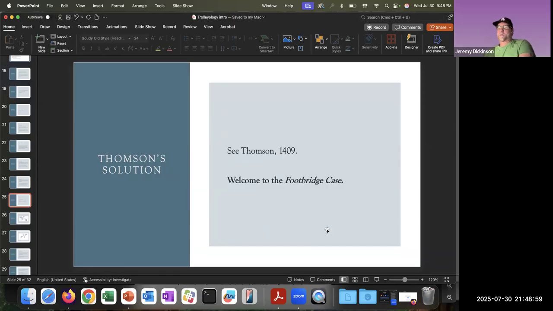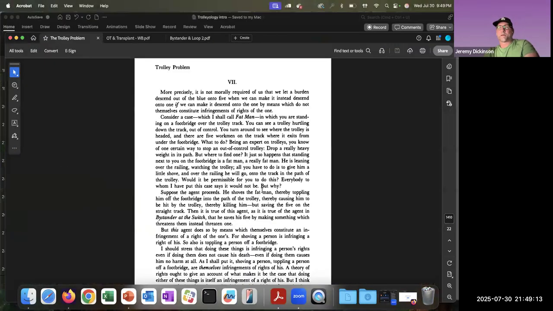And now Thomson, she wants to, in a way, provide some support for her position by considering a different case, a different trolley case. I call it the footbridge case. You want to call it the fat man case, that's fine. A recent book by a philosopher named David Edmonds, highly recommended if you're interested in this topic, is called Would You Kill the Fat Man? I have it on my bookshelf behind me, but nice read, and you get a lot of ethics, a lot of history of ethics, and a lot of philosophy in that book. So if it interests you, let me know if you want to chat about it.